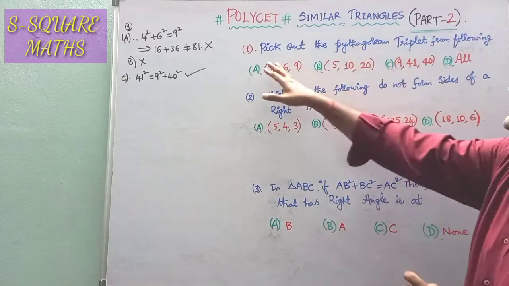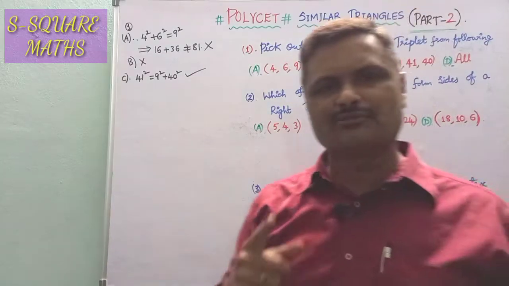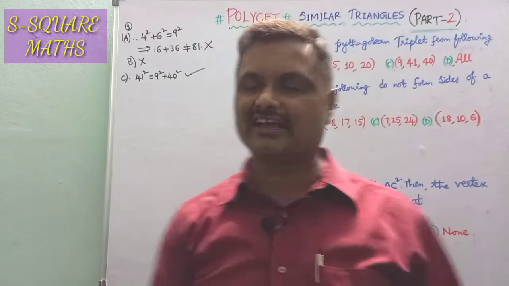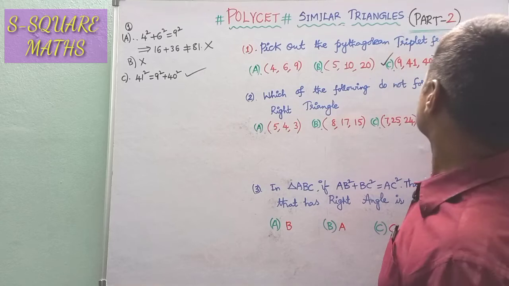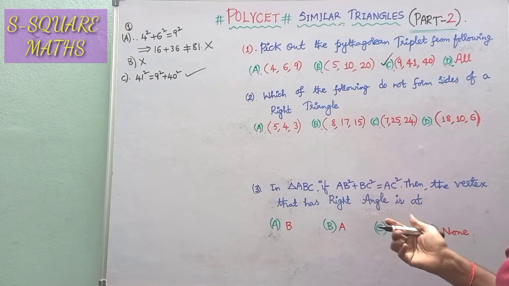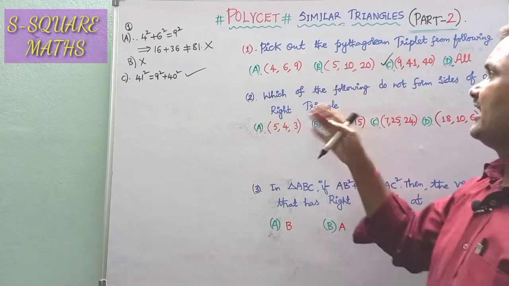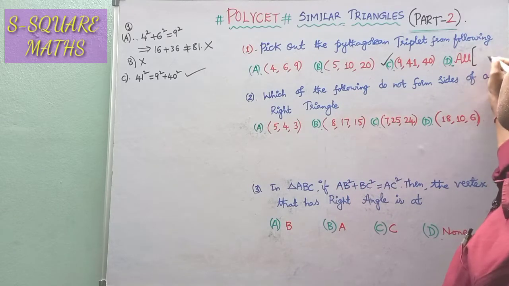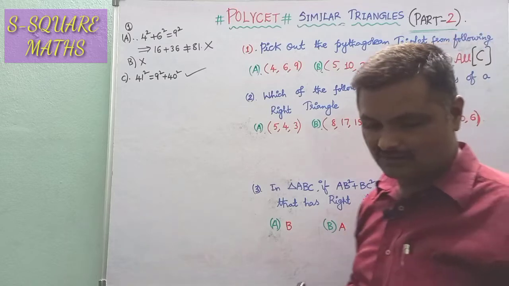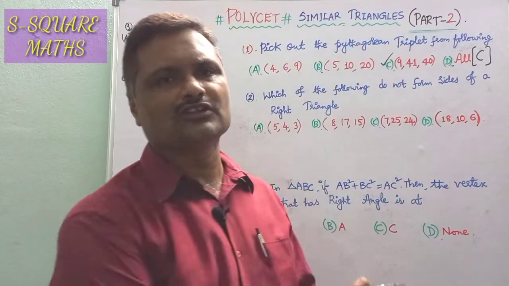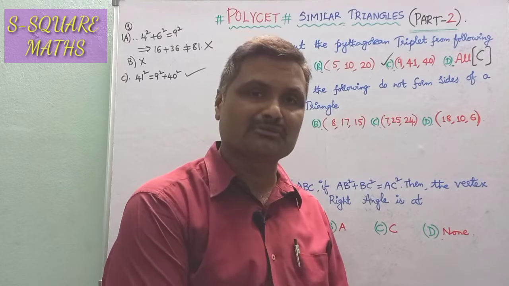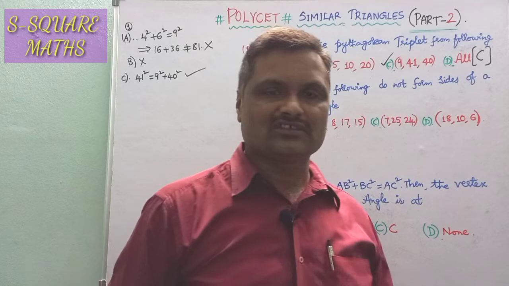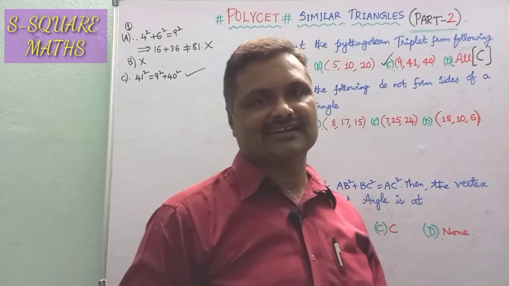If you are good at Pythagorean triplets, you can pick directly, because these are the most repeated Pythagorean triplets. Anyhow D is not the option here. A and B have failed. C is the option for this. Since it is a competitive examination, I have gone through it directly. Okay, this you have to remember: the square of the hypotenuse is equal to the sum of squares of the other two sides. Then only it forms a right angle triangle.